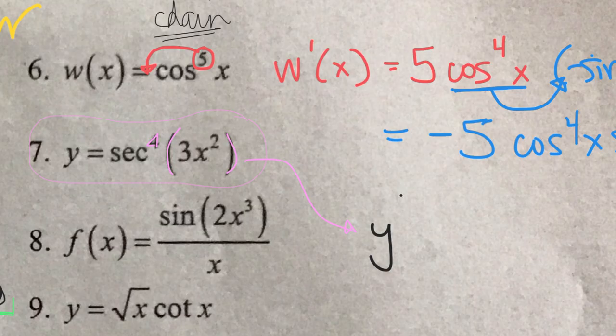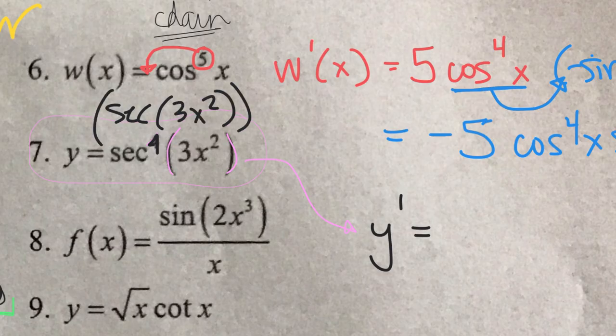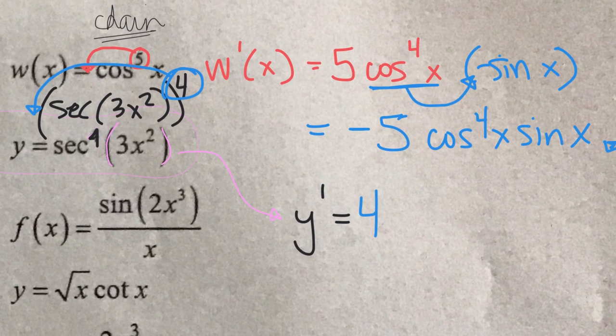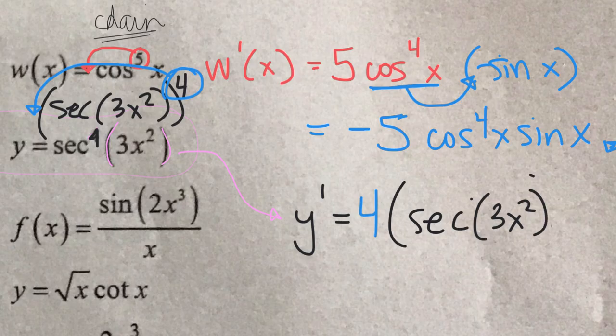Okay, y prime equals, first we deal with the fourth power. We could also write this as the secant of 3x squared, all raised to the fourth power. Maybe doing this might make it easier for us to see exactly what we're going to do using the chain rule. So first we're going to employ the power rule and bring our 4 to the front. We're raising something to the fourth power, it's secant to the fourth, so we're going to raise this secant of 3x squared now to the